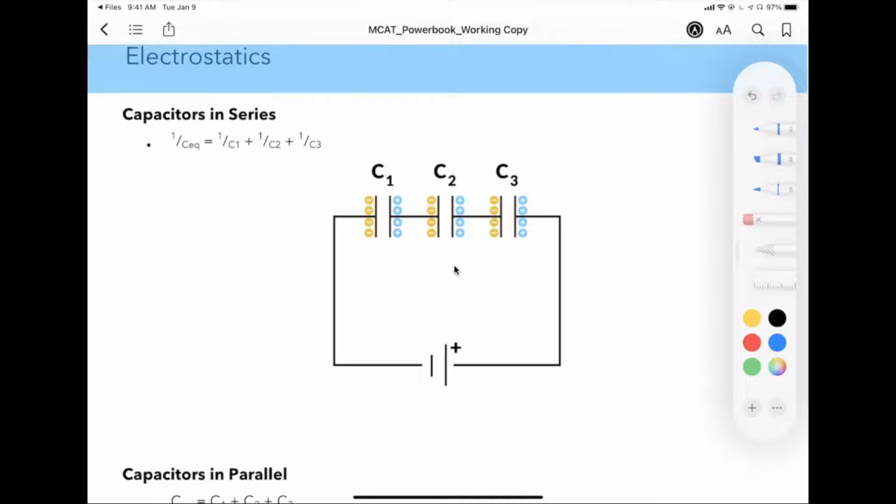So what does that simplify to? That simplifies to, because Q, the total charge, is the same, Q can be factored out. And so what we end up with is essentially 1 over C1 plus 1 over C2 plus 1 over C3. That's how we got this right end. And essentially then, because we can factor Q out of the entire equation, we get Q here, 1 over C equivalent is equal to